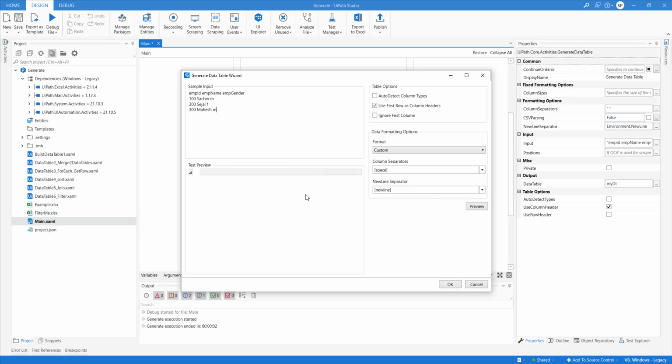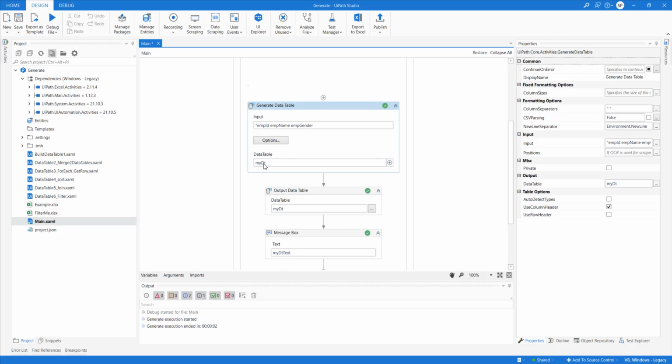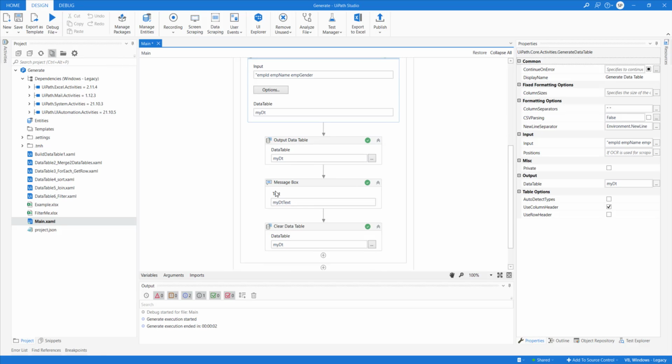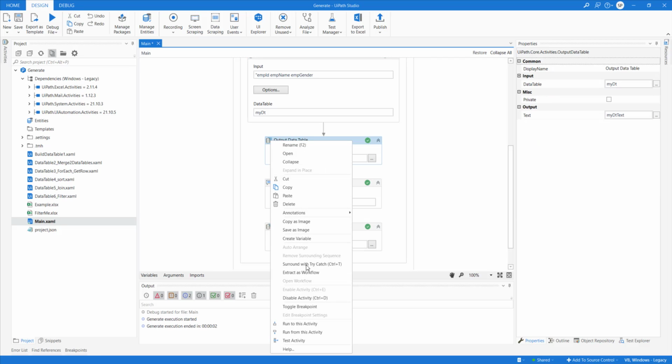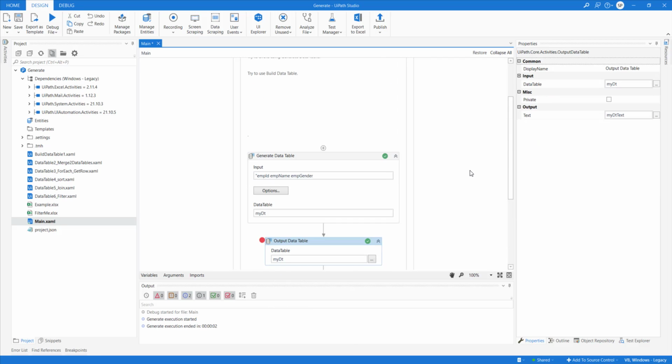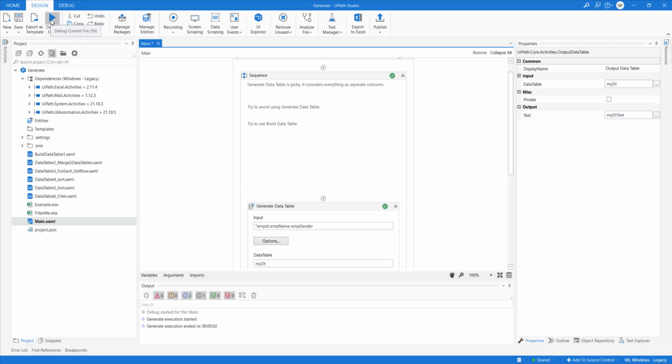When I perform this generate table wizard activity, the result of this string will be stored nicely formatted into column values in my data table. Let's put a breakpoint and then run this.